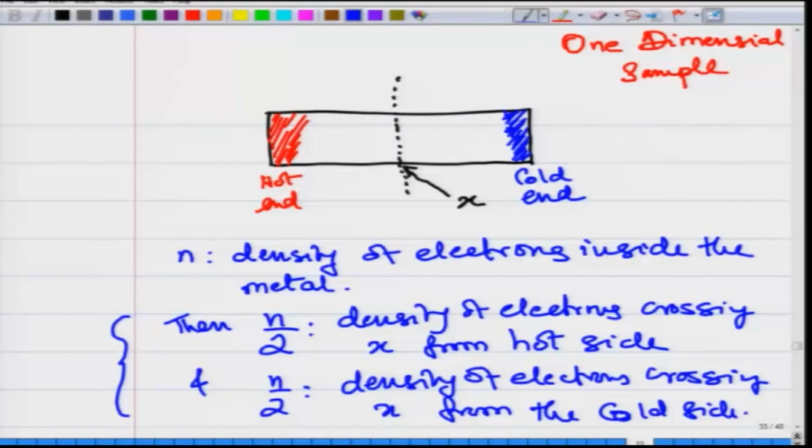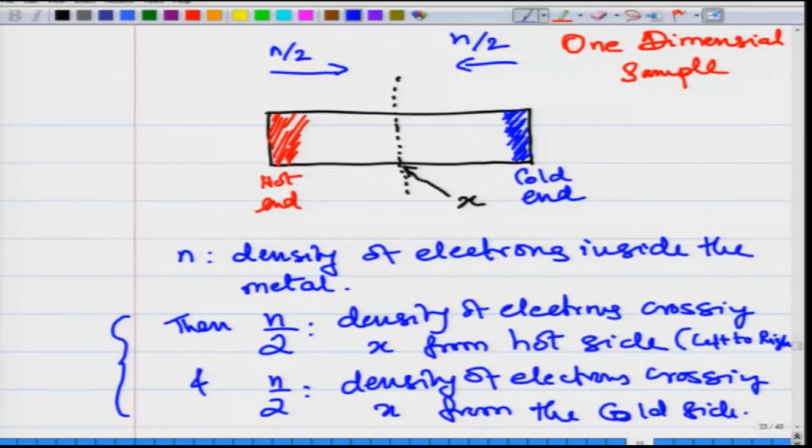That is why we maintain that n by 2 is the number of hot electrons which are flowing from left to right, and we have the same number of electrons, n by 2 electrons,